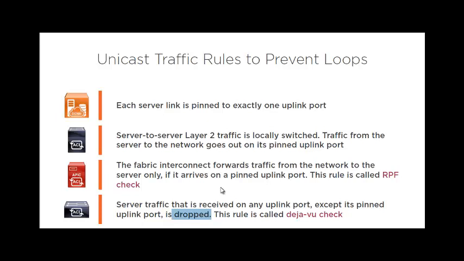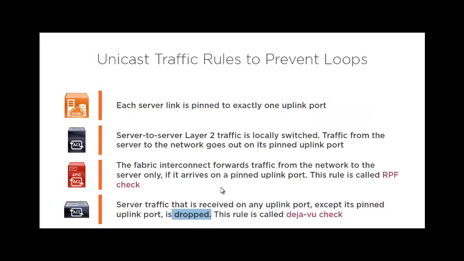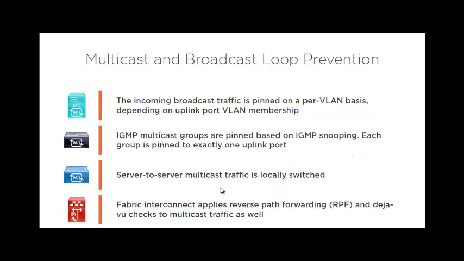Next, multicast and broadcast loop prevention. So we saw unicast traffic. Multicast also, if it is going to multicast, it will multicast within that VLAN member. The incoming broadcast traffic is pinned per VLAN basis depending on uplink VLAN member. So if it is broadcast traffic, it will not broadcast to all the VLANs, it will only broadcast within those uplinks that are in the same VLAN